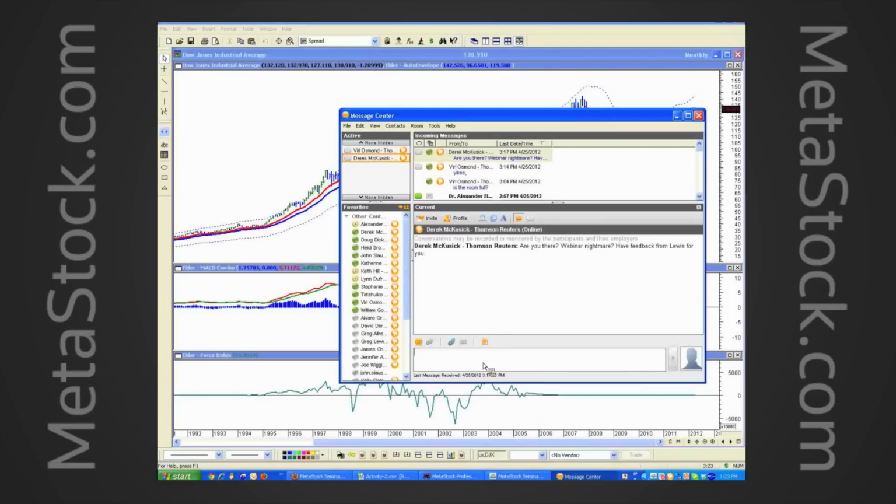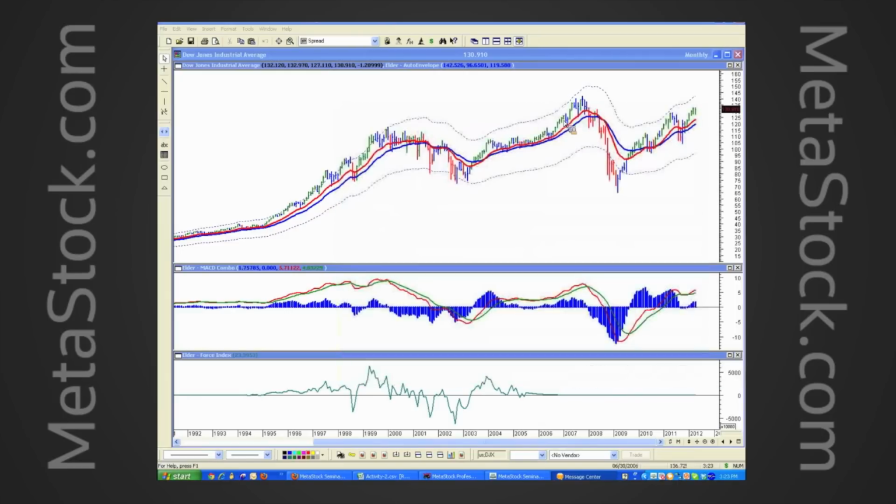And in the bottom pane, we have an indicator called the force index, which is really based on volume. And I don't think it's tracing right with Dow Jones Industrials, because it looks like the force index runs out of data about year 2006. Strange and certainly not true, but that's okay. We can live with that. We can do without it. In any case,